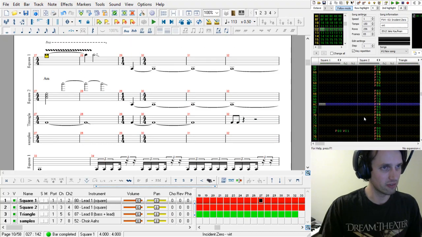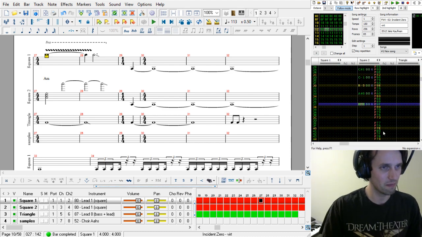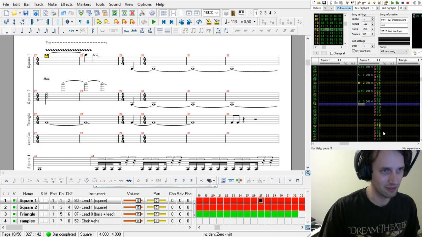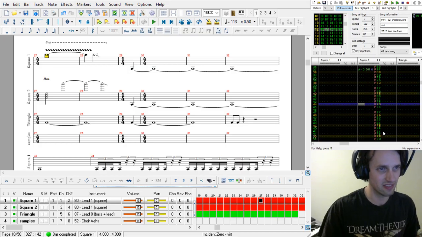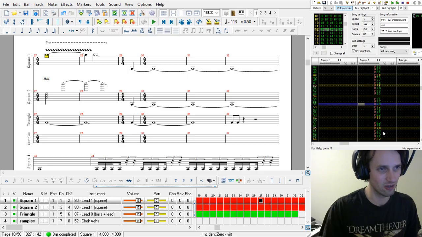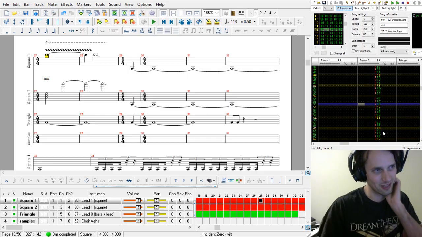I know that measure of 1/4 looks really weird. Okay, so maybe if we count it out, 1, 2, 3, 4, 5, 6, 7, 8, 1, 2, 3, 4, 5, 6, 7, 8, and so on. Okay, that's a quarter note. Oh, this might be a measure of 2/4 after all.